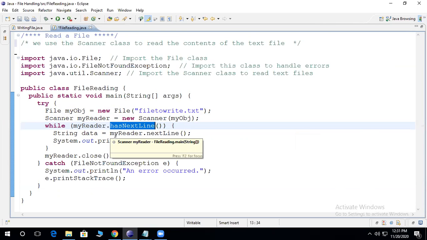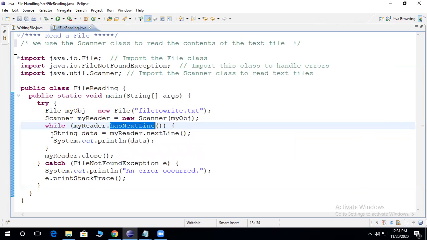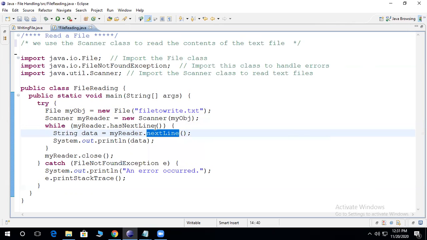When myReader reaches the end of the file, hasNextLine will return false. Now myReader will point to the first line of the file. Then we have used the nextLine method. This nextLine method of the Scanner class will return a string object, which is nothing but the line that myReader is pointing to.